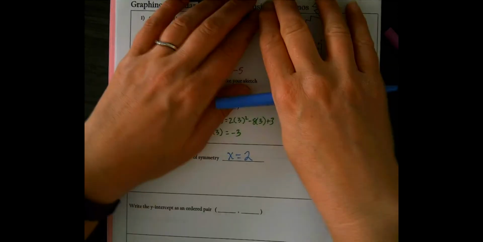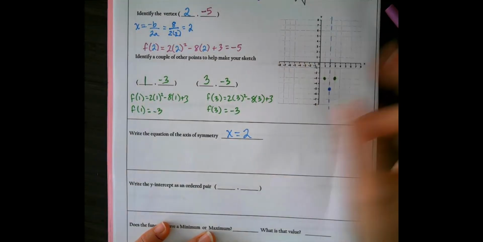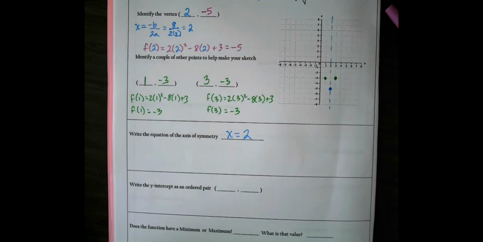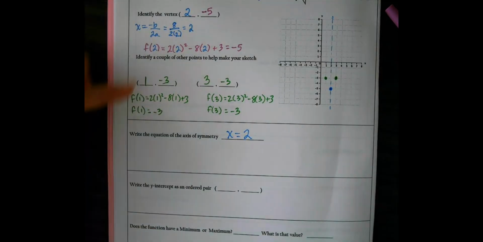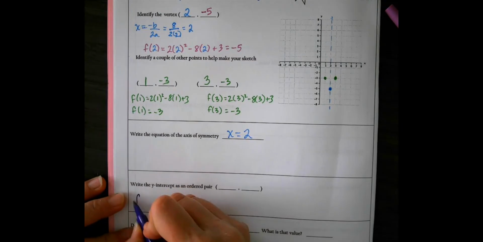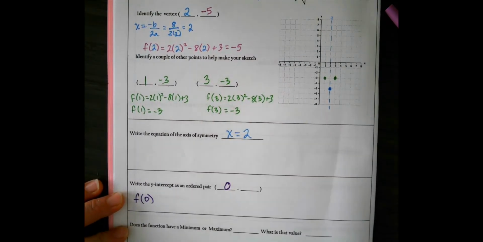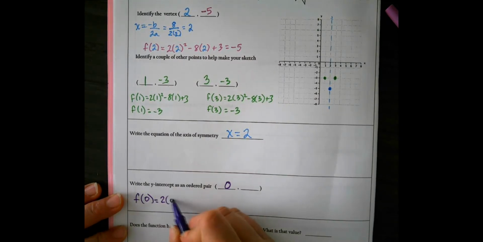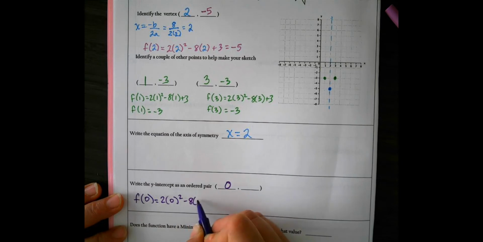The y-intercept is what's next here on our list. The y-intercept is where it crosses the y-axis. And the thing about the y-axis is the x value is 0. So we are going to do that the same way we found these other points. We're going to say f of 0 this time because I know the y-intercept is always going to have a 0 for the x value. And I'm going to plug in that 0. 2 times 0 squared minus 8 times 0